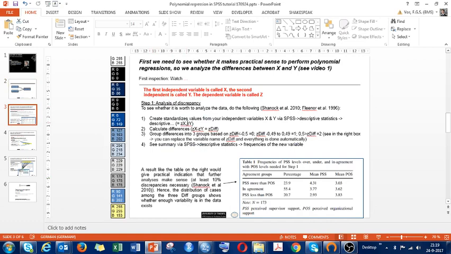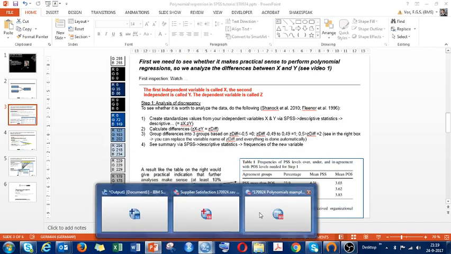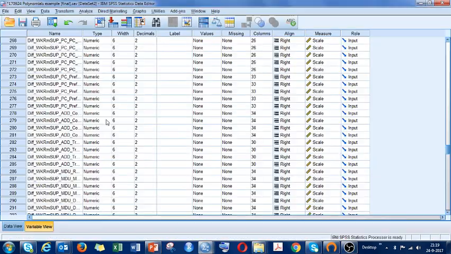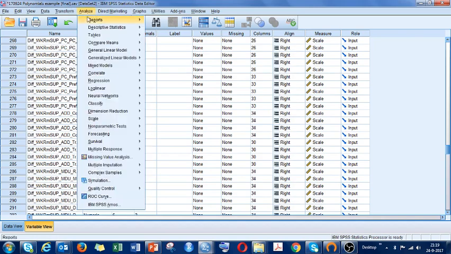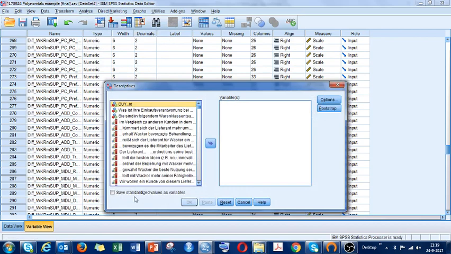First, we create standardized values. So for this, I would go to SPSS. See, it's this one. And here we go to Analyze, Descriptive Statistics, Descriptives. And here we see on the bottom left this little box that says Save Standardized Values as Variables. This is something we say yes to, because then SPSS will automatically save the so-called Z scores in